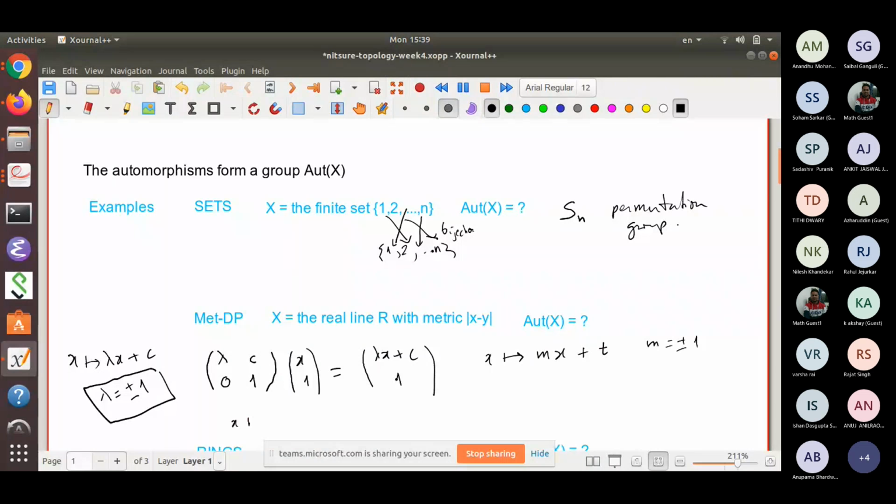So x goes to lambda x plus c, and that in turn goes to m times lambda x plus c plus t, and that is equal to m lambda x plus mc plus t. So this is also a transformation of the same kind, because m is plus minus 1 and lambda is plus minus 1. This m lambda again will automatically be equal to